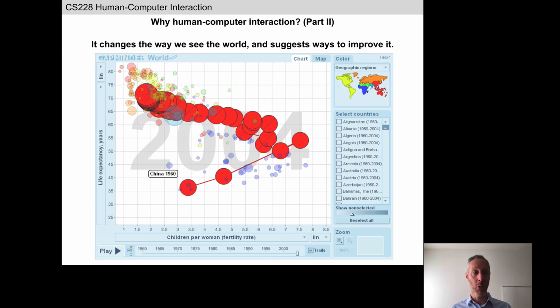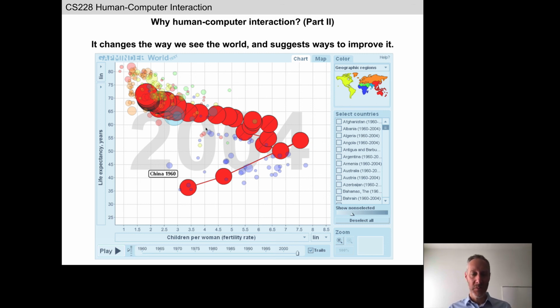Did the one-child policy alter the life expectancy for Chinese citizens? Possibly. We have to look at the rate of increase on the vertical axis along here and along here. As Willem says, it's somewhat unclear from this graph.